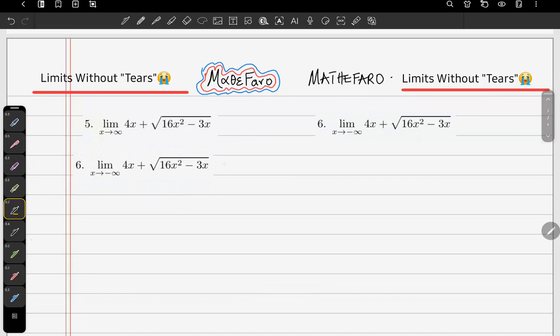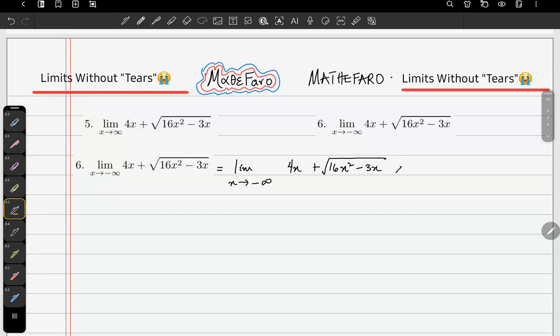And let's do that again. So we have this to be equal to the limit as x goes to negative infinity of 4x plus the square root of 16x squared minus 3x